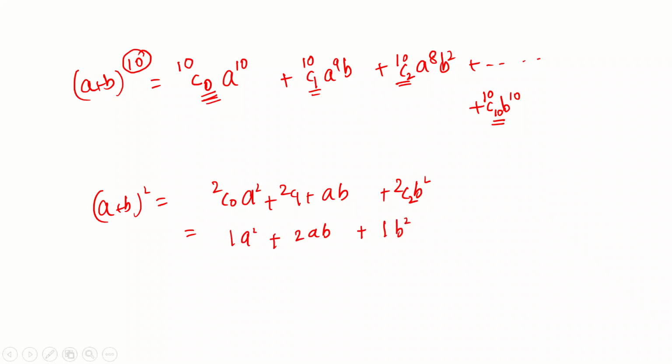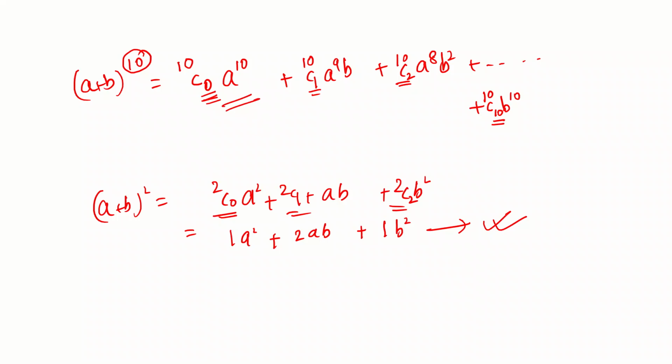Remember that you already have to know what combinations are. In order to solve these, you need to learn how to evaluate these values, 2C0, 2C1, 2C2. And now we see that this formula is actually what we already know: (a + b) squared is a squared plus 2ab plus b squared. So we have found the general formula. Given any power, you have to start with that. If I give you, say, power 50, then it will be 50C0, 50C1, 50C2, all the way up to 50C50. These coefficients are now determined, and this pattern you already know.